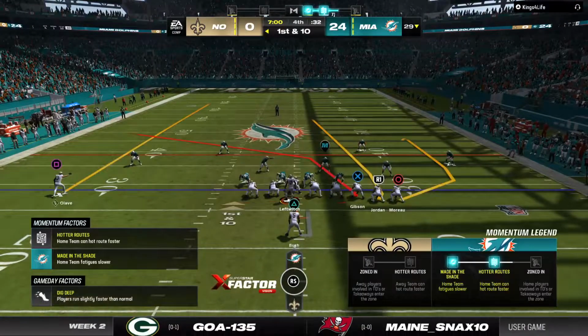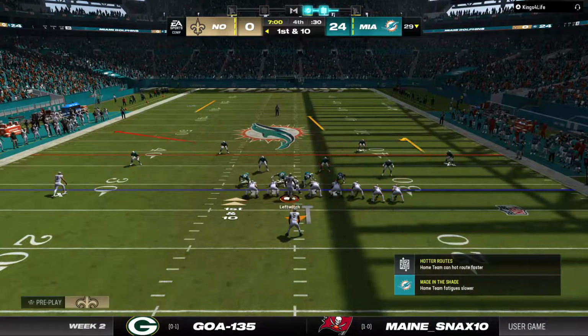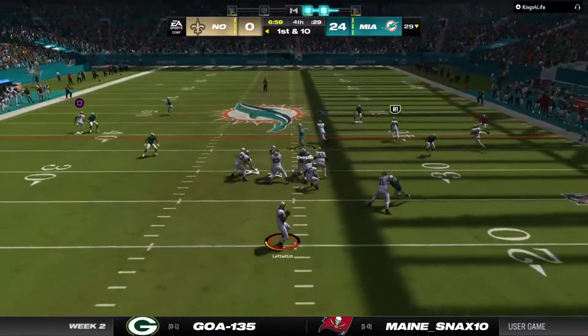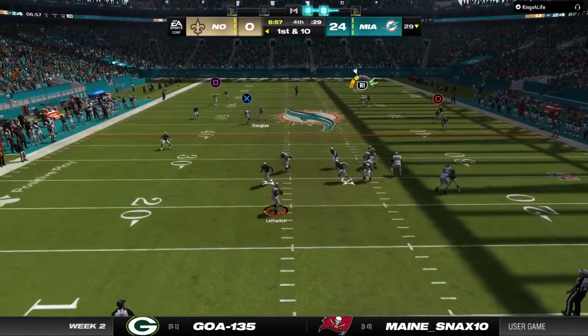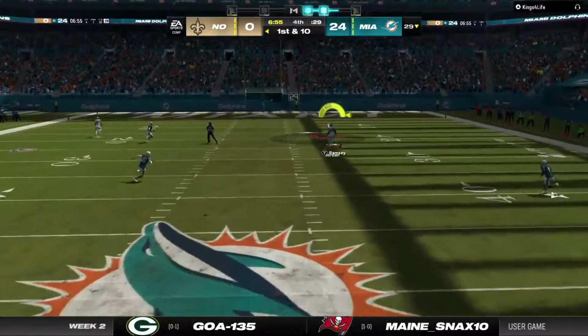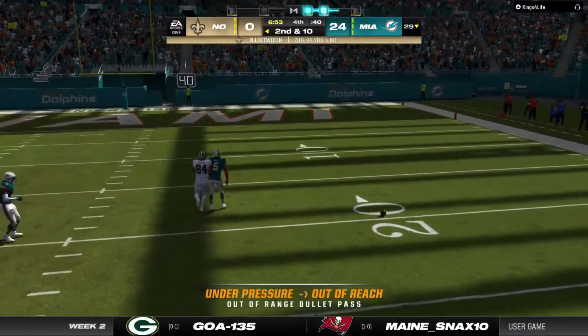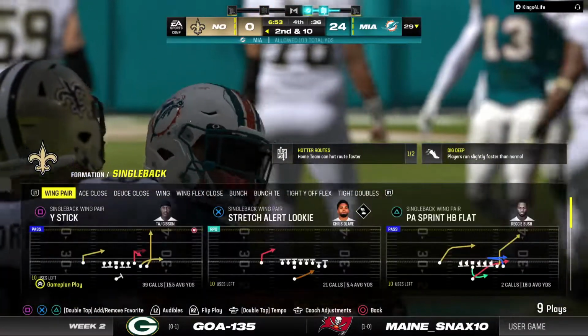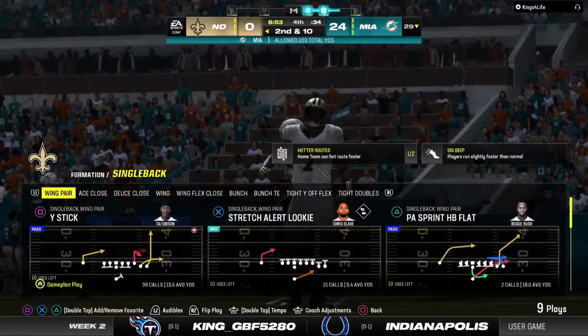The Saints offense on the field ready to get their drive started. Well, I hate to say it, but at this point, I don't really know that they're playing to win with this deficit in the 4th quarter. They're just trying to erase that 0 on the scoreboard, Charles, and get some type of momentum to carry into the film session tomorrow. If you get any type of points on the board, it'll count as a moral victory,